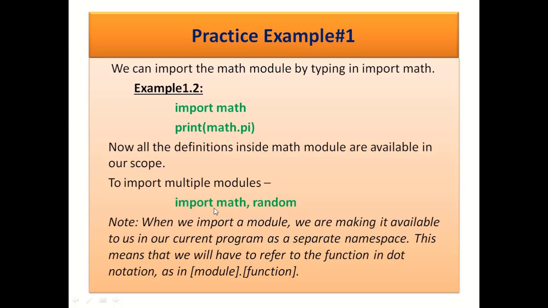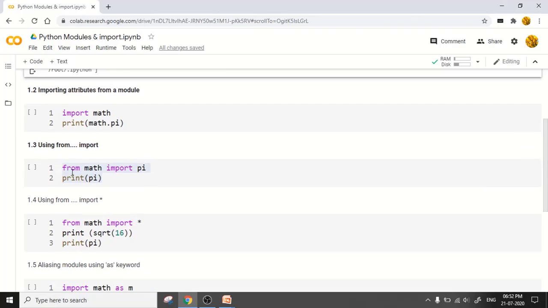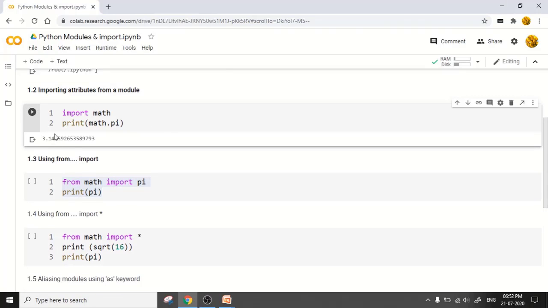Let's see this in the code editor. You can see the value of pi. Although we have not specified the value of pi, that value is taken from the math module which we have imported. The pi attribute is defined within the math module, which is 3.1 and so on.